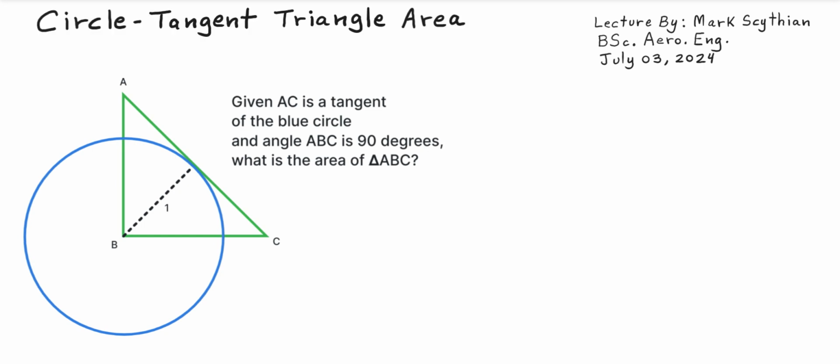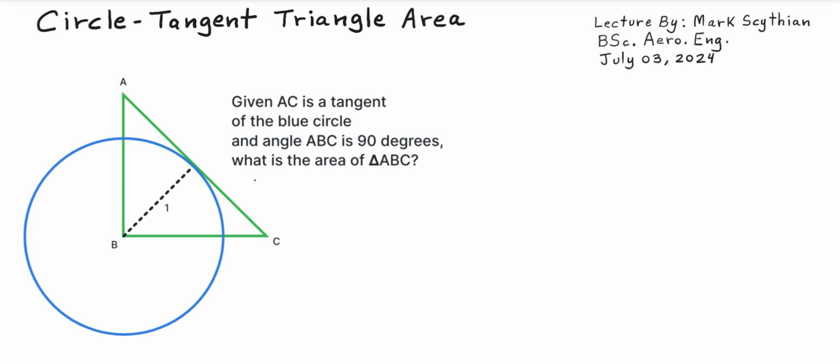So in this video we're going to cover the circle, tangent, triangle, area problem. You probably run into this in your geometry or trigonometry homework where either the square root of 2 or the 3, 4, 5 rule can be applied to quickly solve the problem, but it is always good to use the proof or analysis method, reinforcing the fundamentals in trigonometry and geometry. So just to be absolutely certain for your calculation. So that being said, we can look at the